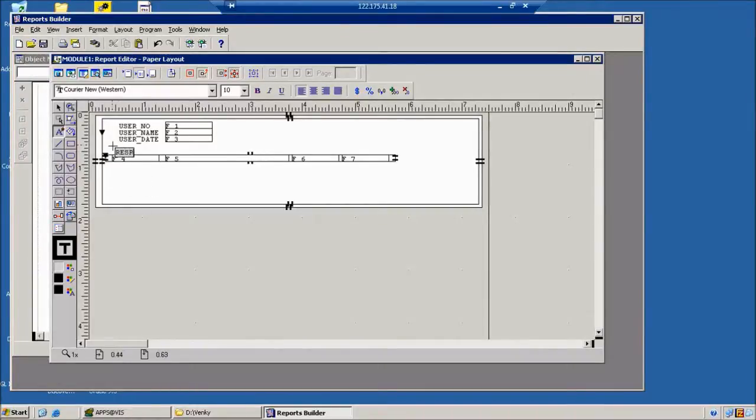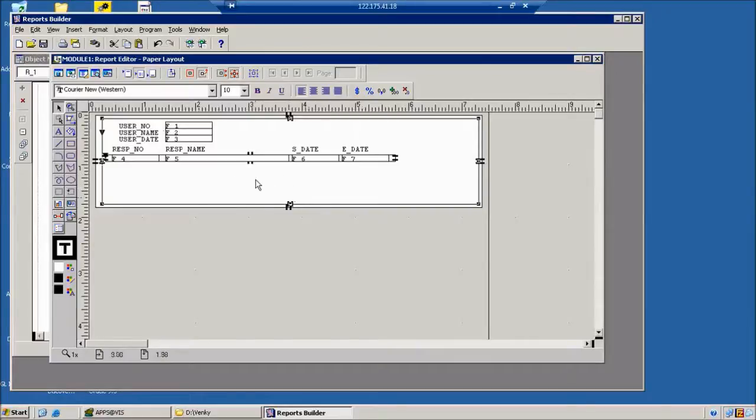This is the responsibility number and responsibility name and start date and end date, right? So once it is completed, now we can check whether it is running proper